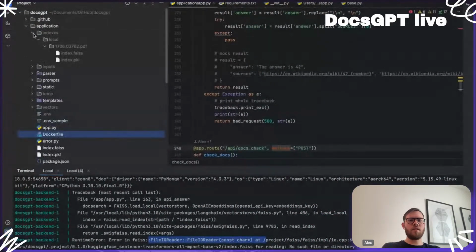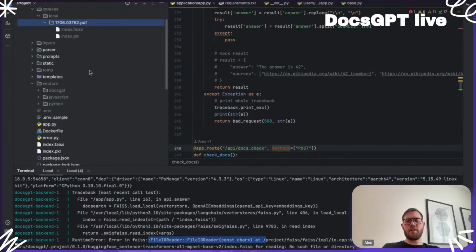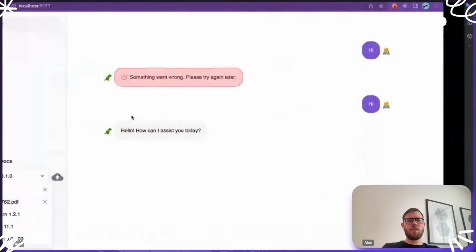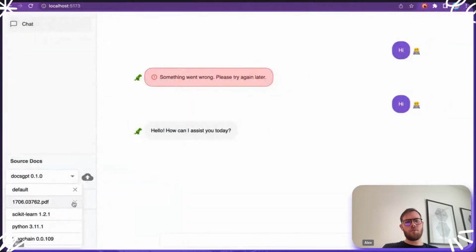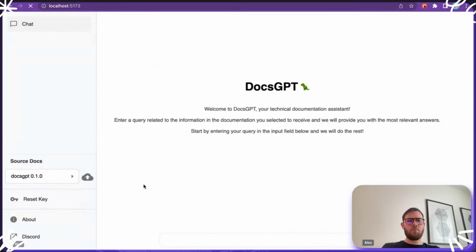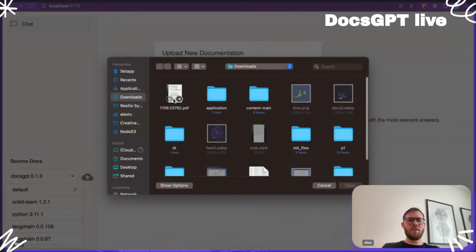Your indexes are stored here in this application indexes folder, and this is the name. You also have the Docs Hub indexes, which are basically public indexes, and you can find them in these folders as well. Every single time you start this application, it comes with preloaded indexes that come from our Docs Hub. But if you want to upload your own, which is probably the main purpose for you,